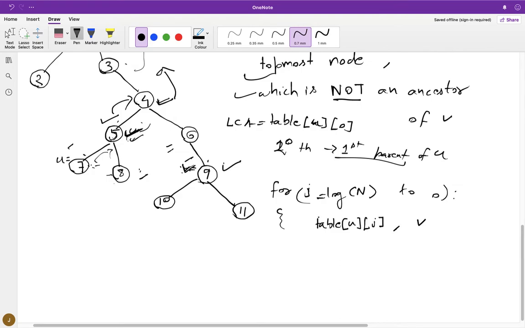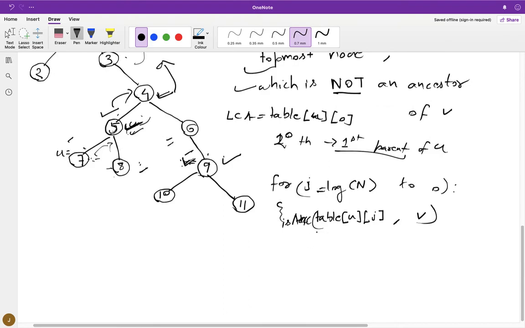Using the is-ancestor function, we check whether the 2 power jth parent of U, table U j, is an ancestor of V or not. There are two possibilities.